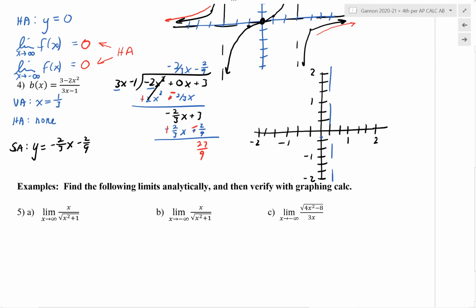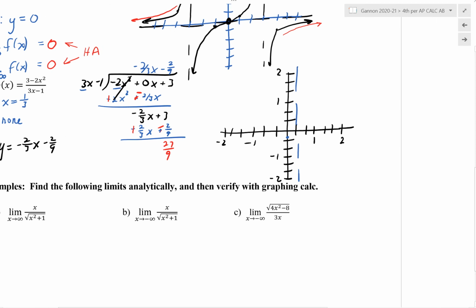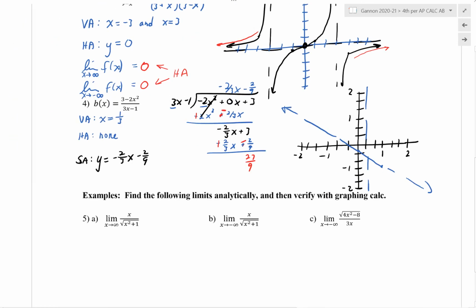And then if my slope is negative 2/3, I'm going down, so that would be 1/3, 2/3, over 1, which would put me over here. And you have this slant asymptote that's going to look like that. All right, and I get this